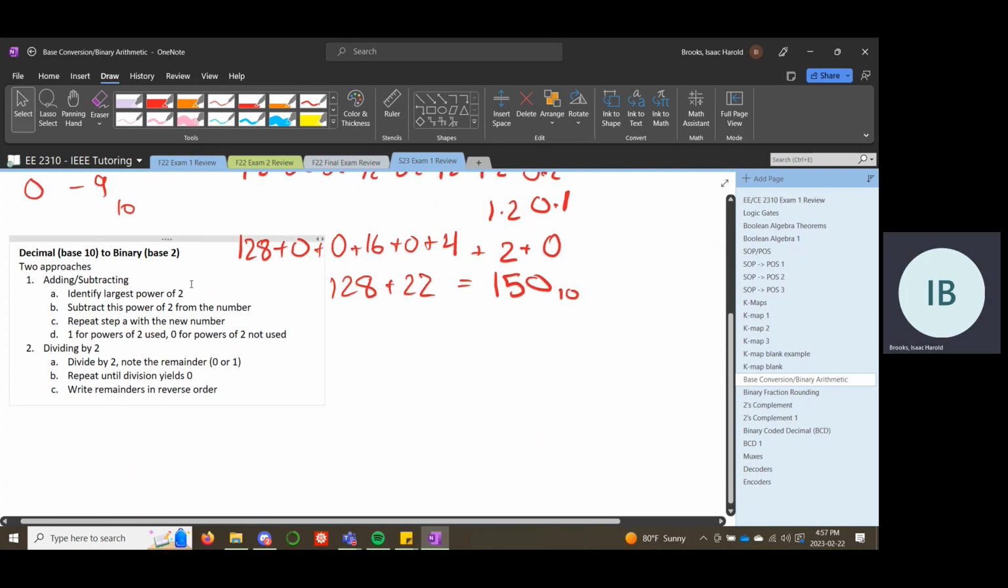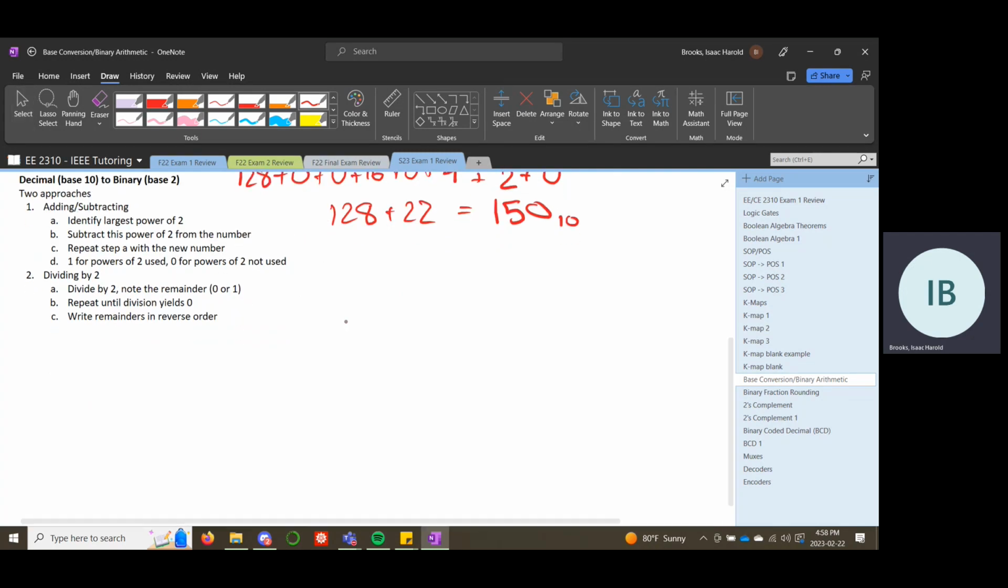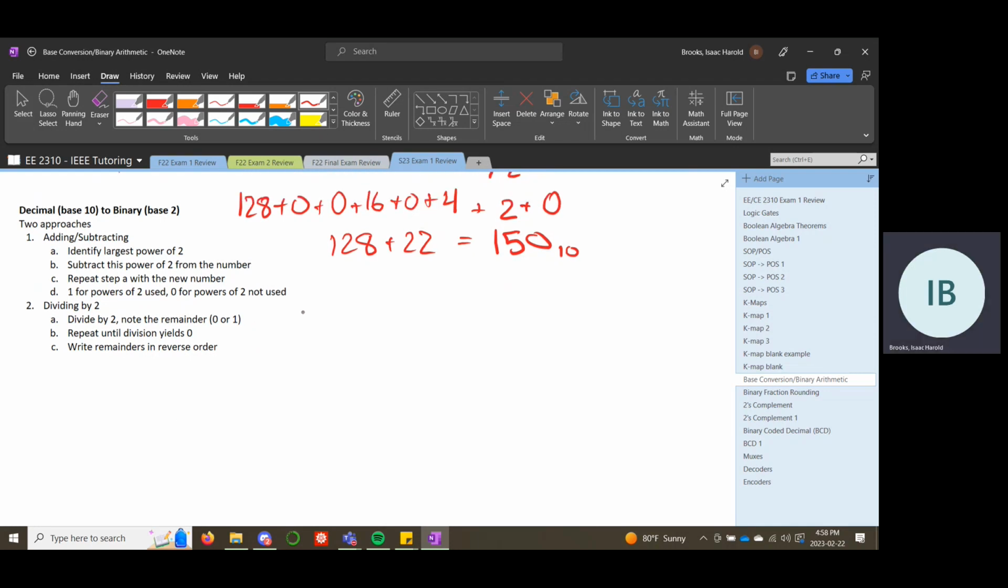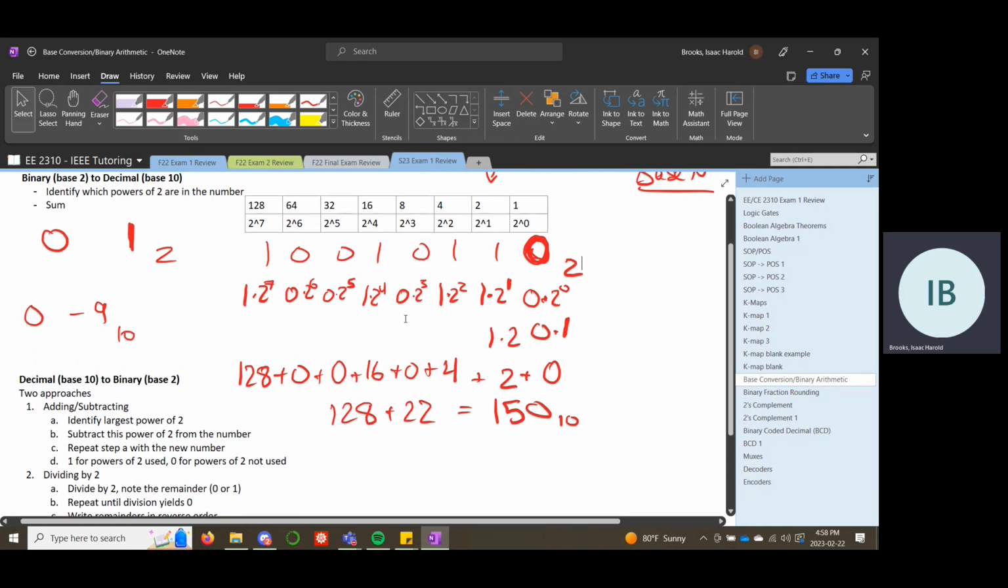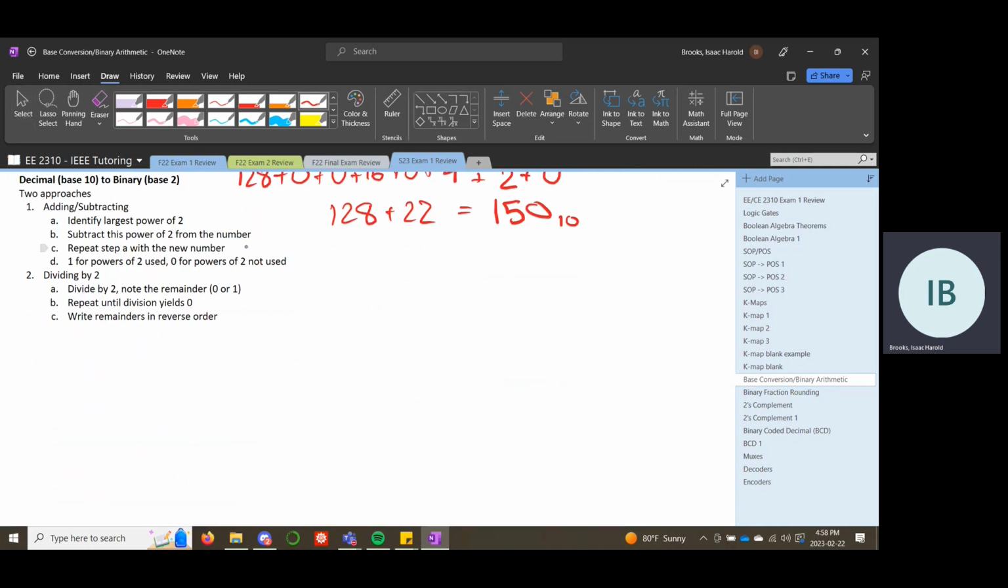So for adding and subtracting, this is like the different methods for converting a decimal number into binary. This is the adding method, kind of the guessing and checking. One of the other ways that you can do it is, say we have the number